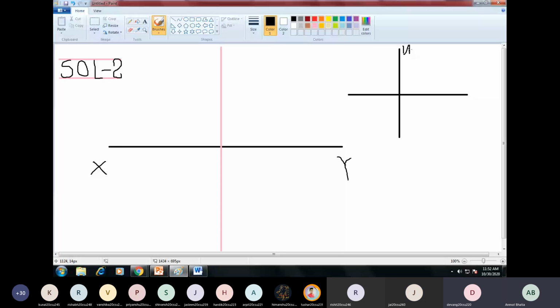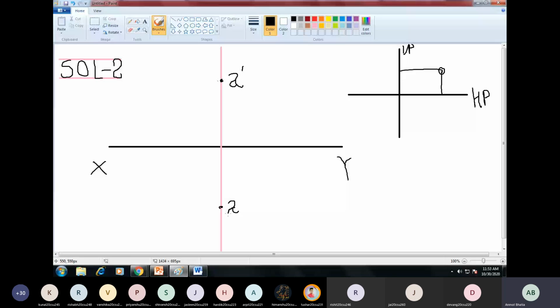Okay, this is VP, this is HP, and it was written that the point is above HP and in front of VP. That means the point is in the first quadrant. So we need to identify the point on our own, and then tell that this point is in the first quadrant. If it is in the first quadrant, its front view will lie above the XY line on the projector, and exactly below this front view the top view would lie. So A dash and A.